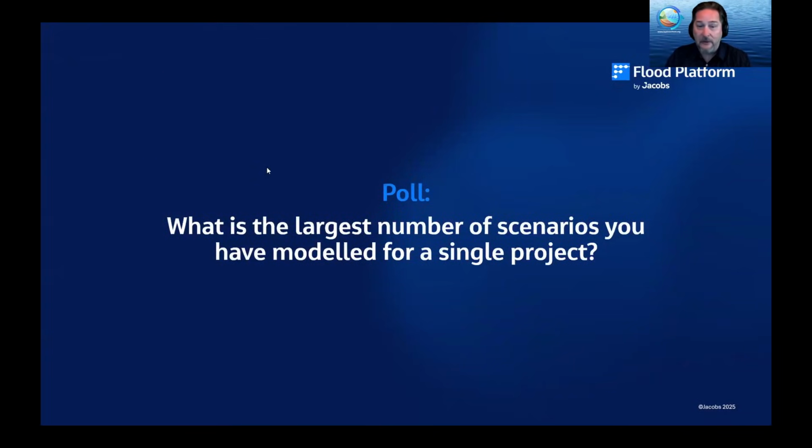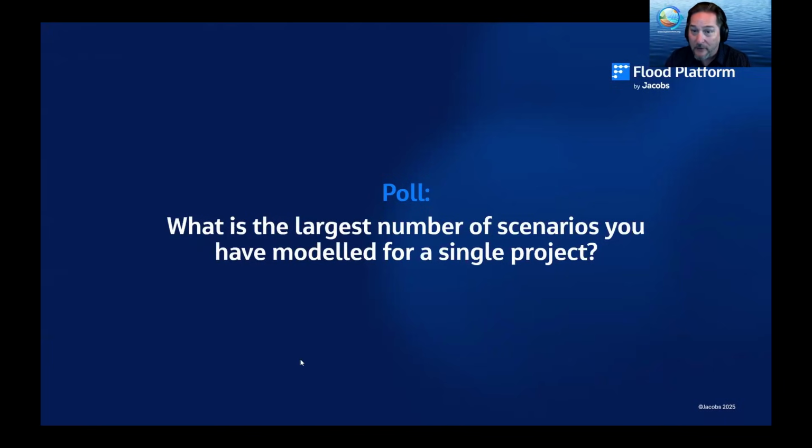You as the audience, this is interactive. So if you can get your answer in quickly, because we'll close this poll momentarily. What's the largest number of scenarios that you've modeled in a single project? We've got a couple of different answers for you here. They're not necessarily in order of magnitude. Sometimes you might have people getting many more than 1,000, or only one who might be less than 100. So if you can answer that question for us, we'll do a quick run around the room and ask the presenters the same question while we're closing that poll up.